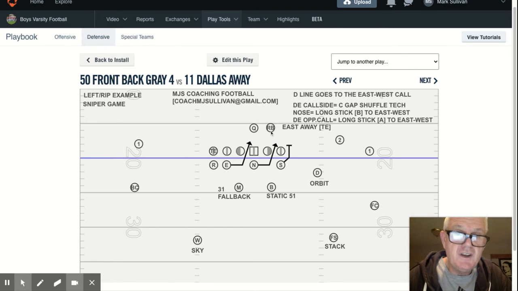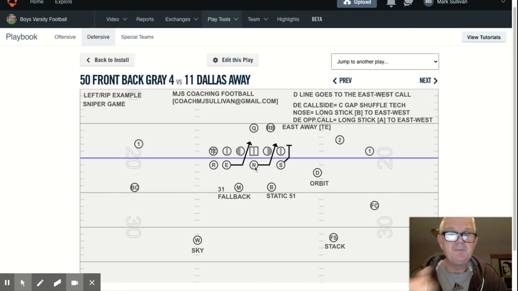Reading the mesh. If he sees that the quarterback kept it, then he is a quarterback defender. Okay, the defensive end is inside quarterback. 51 technique tells him he's going to exchange outside and be the outside quarterback. So we have two quarterback defenders. We also have two guys reading the mesh. So the inside linebacker as well, if he sees that the back has the football, now he's going to fold